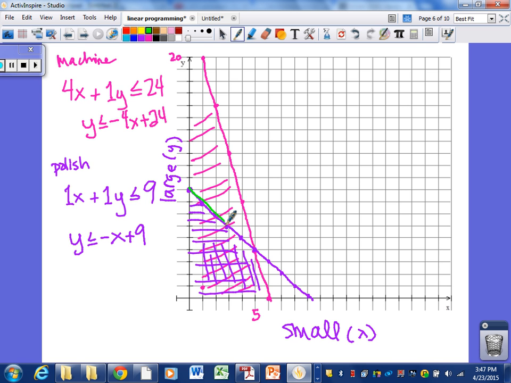We need to try each of these vertices, but it's going to turn out that the one where they cross will be where it's maximized. So it looks like that is 5 small gears and 4 large gears. From your graph, you can see where they cross, and that crossing point is what we're going to use to tell our boss how many things we should make. So let's go on and